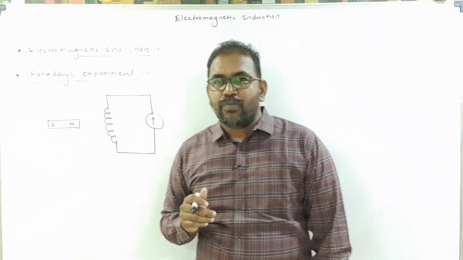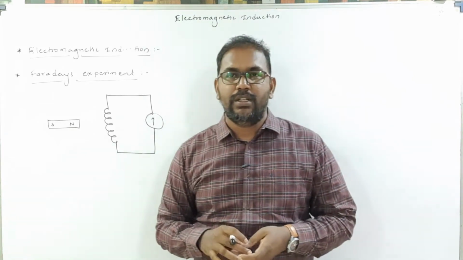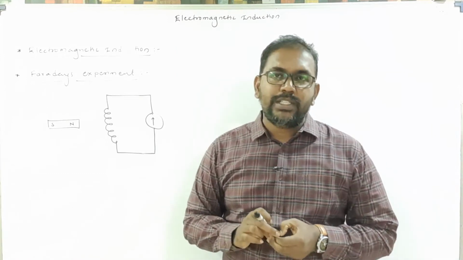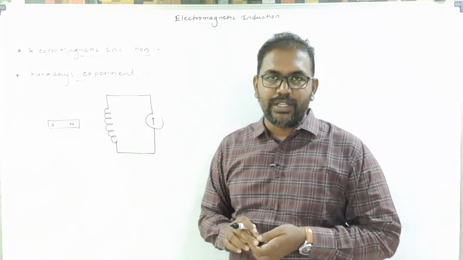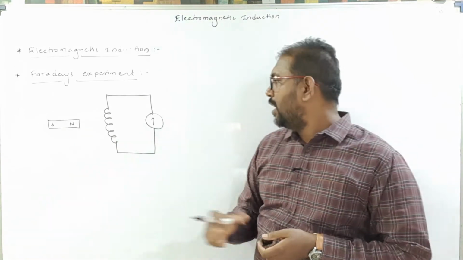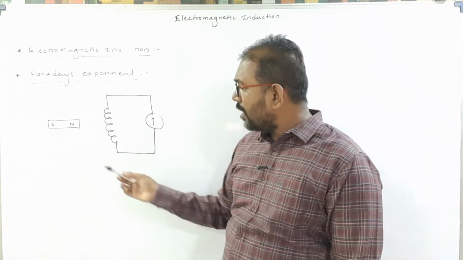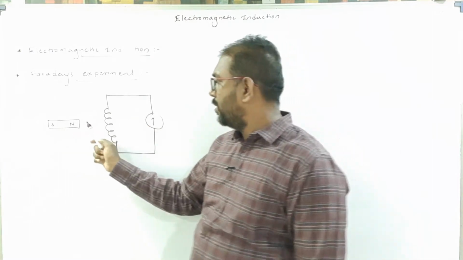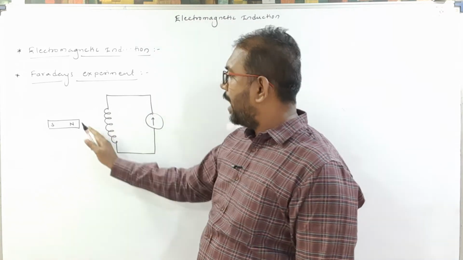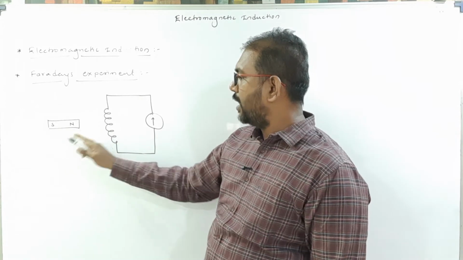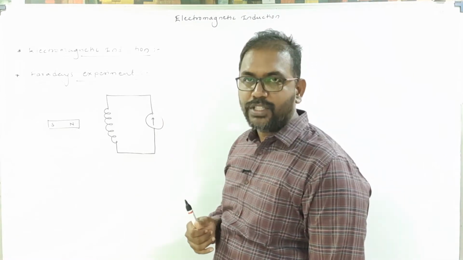In simple words, we can observe this current only in a particular situation, when the magnet is in motion. This current is called induced current. It is there only for the moment the magnet is in motion, and the corresponding EMF is called induced EMF. Now see here, when the magnet is in motion, exactly what happens? When the magnetic flux of this magnet associated with the coil changes, only then do we observe this induced current.